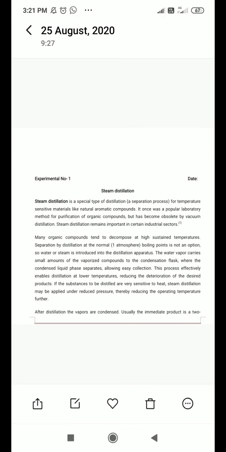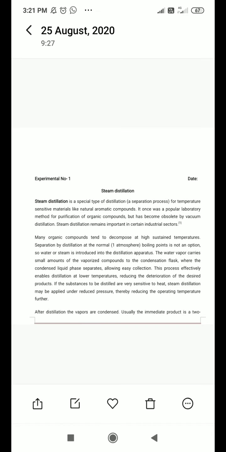Means if a compound is heat sensitive, it gets degraded after exposure to heat. Means after heating, its chemical nature or its stability gets degraded. So for that type of compound we have to use the steam distillation technique. Okay,